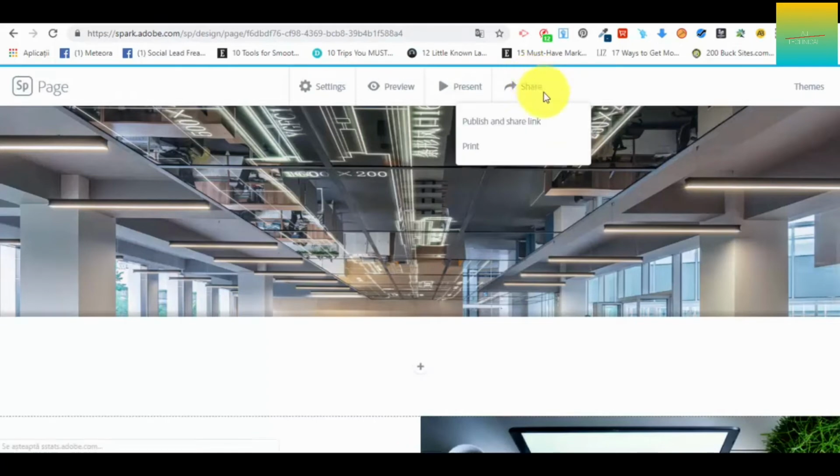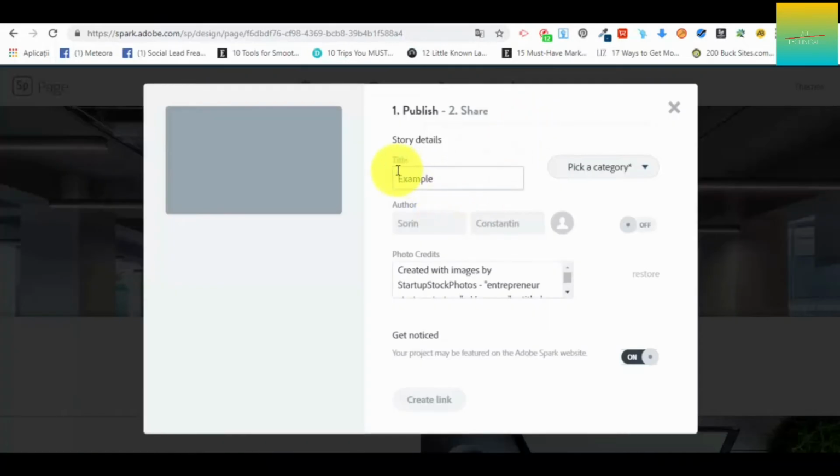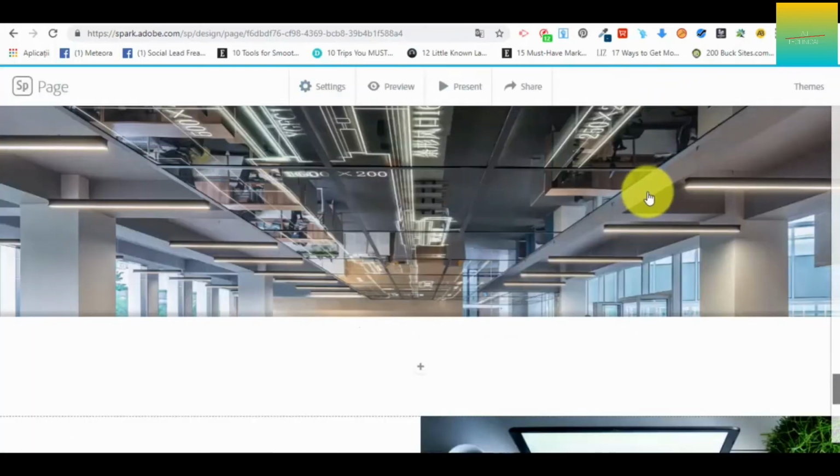Or we can share the web page with someone, publish and share the link, or print it. So from publish and sharing the link, we just give it a title, pick a category, photo credits, and so on, and a link will be created for us, and that will be basically the link of our web page. So as you can see, it's pretty simple to also create a web page using Adobe Spark, and it's also